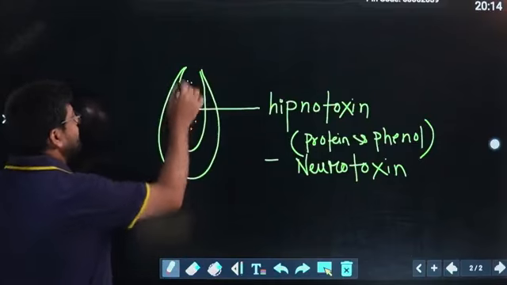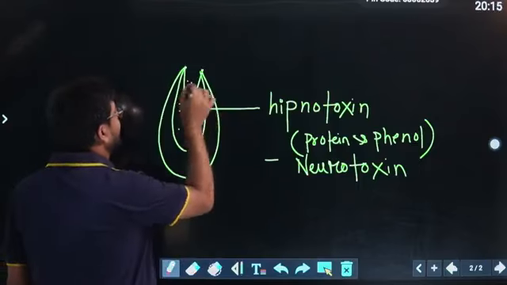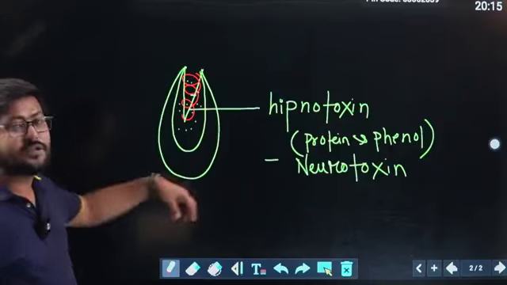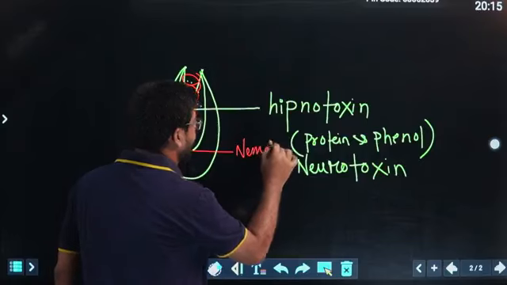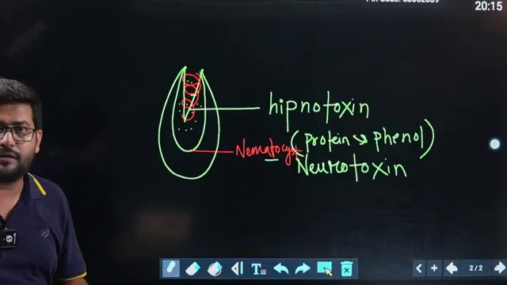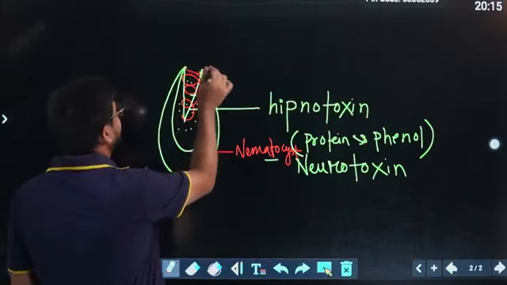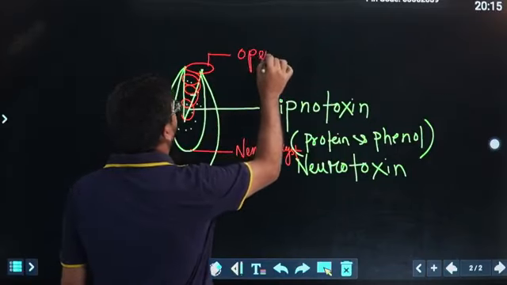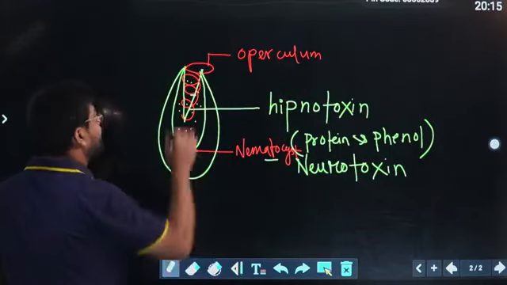Next thing is that they have parts for injecting the neurotoxin into the body of an individual. For that reason, it is holding this structure in a sac, and this sac is called the nematocyst. This nematocyst is a kind of sting that helps to inject poison into the bodies of an individual, and the whole structure remains enclosed by a structure called the operculum.